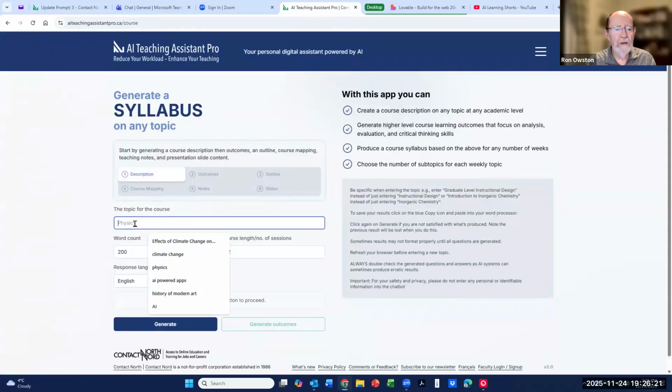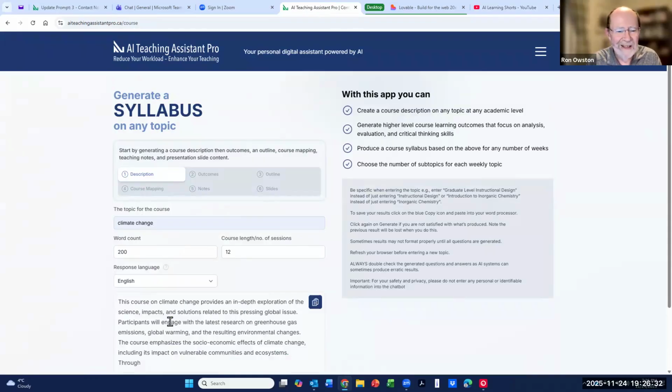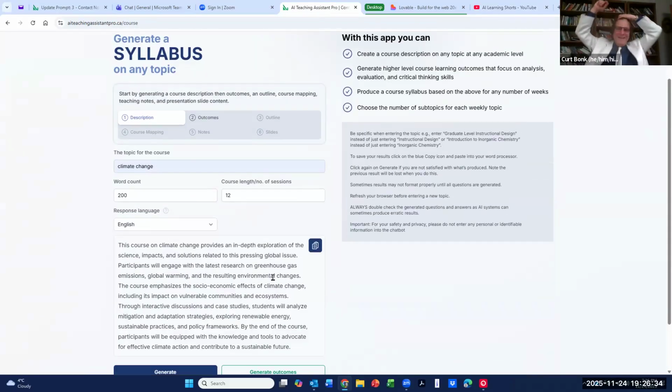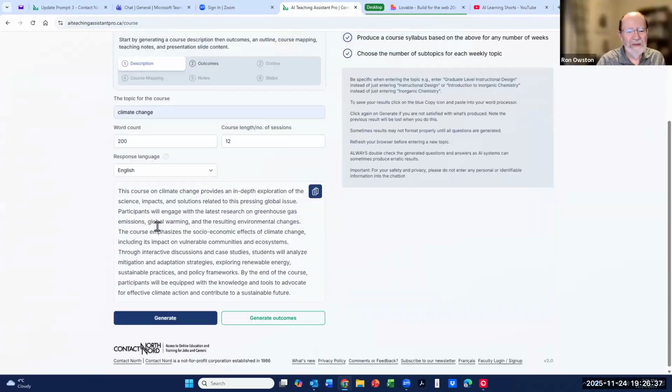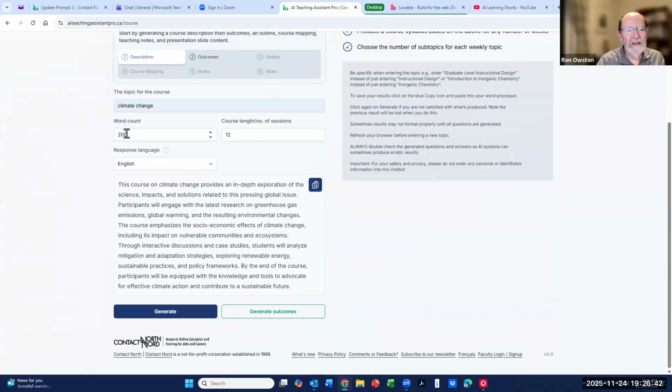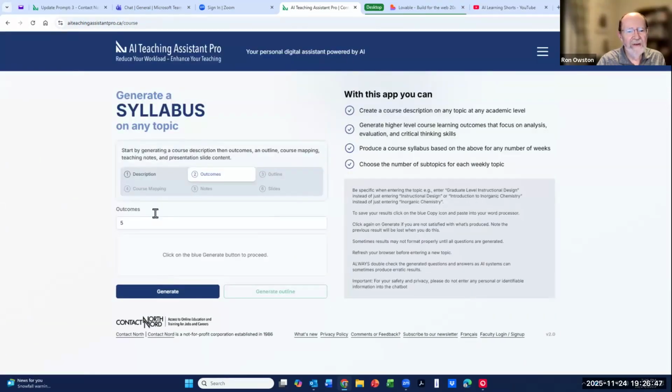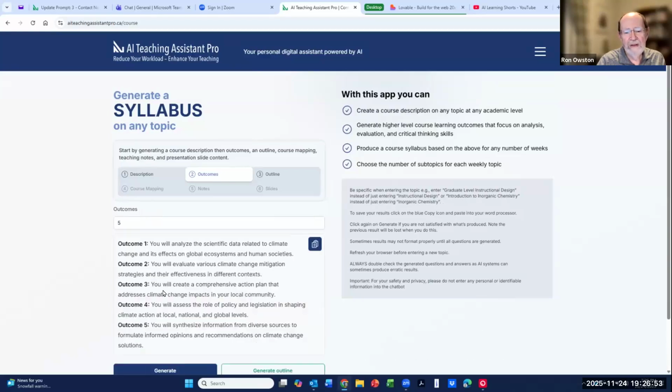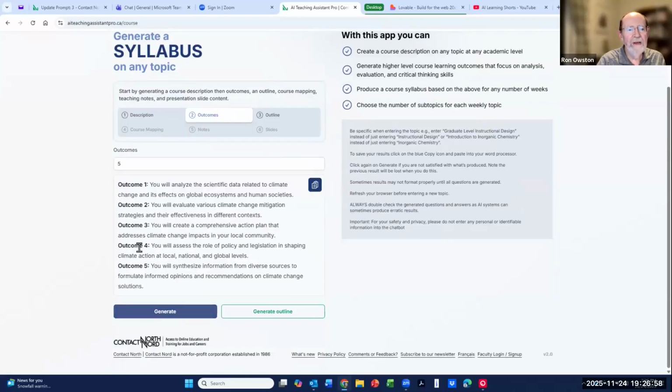Yeah, sure. So what we can do here, I'll just take one that comes up, that's the climate change one. It can help if you're being told you've got to teach a new course next week. And that does happen. So here you put in your course description, you generate the calendar copy, the overview of the course, set the length of the course, and so on. And then next, you generate your learning outcomes. It'll generate high-level learning outcomes, for analyzing, evaluating, assessing, synthesizing, and so on.